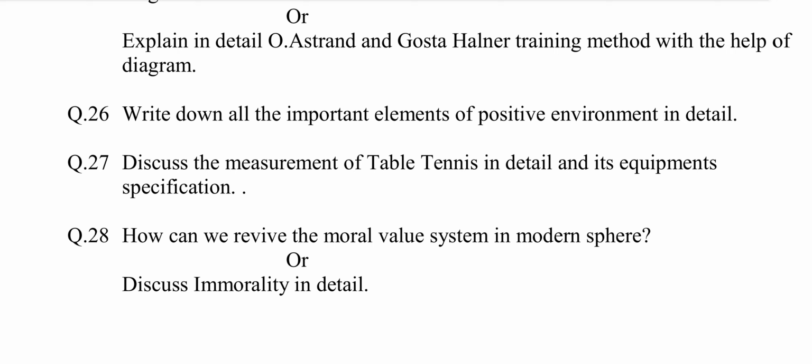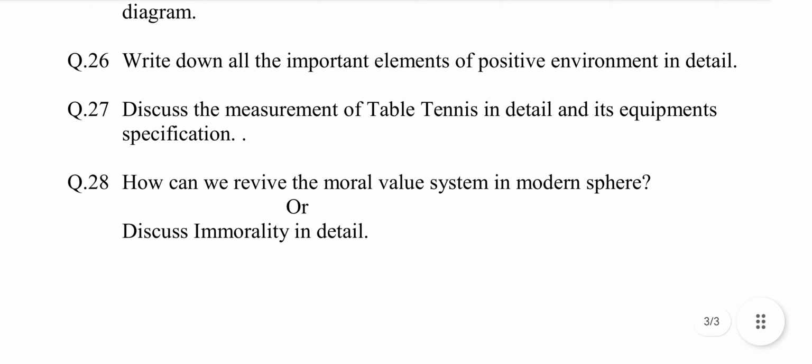In Fartlek training method, a natural course is selected which should have hills, rivers, forest, muddy roads, grassy ground and sandy path, etc. In this method, self-discipline plays an important role. The distance should be 10 to 20 km. It is practiced during transitional period or off season. Then draw a neat and clean diagram of Fartlek training method.